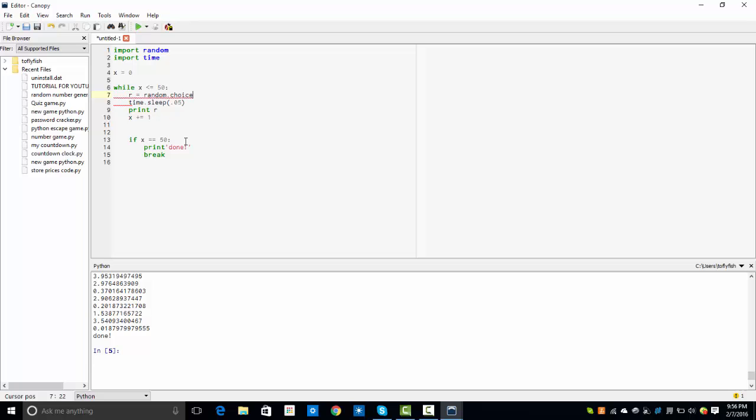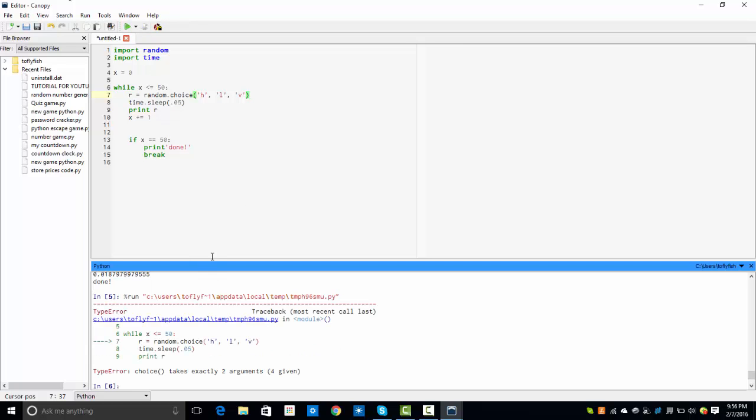The next one we're going to use is random.choice. To use this, we need to have a couple things. In this case, we're going to change it. Instead of adding up numbers right here, it is going to be picking out different letters or words I use. So first, let's do H, comma, L, and V. So if we run the